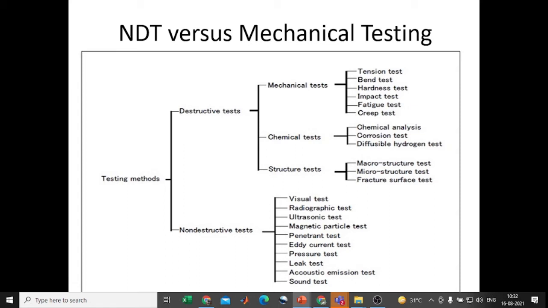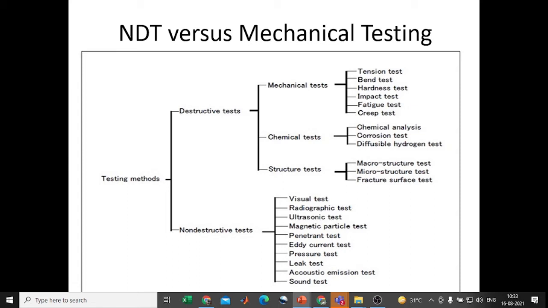Another one is the chemical test. If I want to examine the workpiece material properties, how much carbon percentage is available in the material, what is the silicon percentage, the phosphorus percentage, the manganese percentage, the magnesium percentage involved in the workpiece material. We can examine those percentages of chemical contribution with a spectrometer, which comes under chemical analysis.